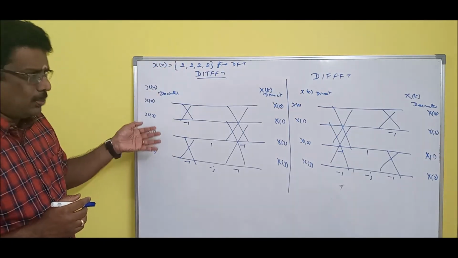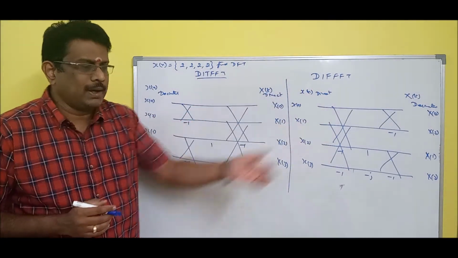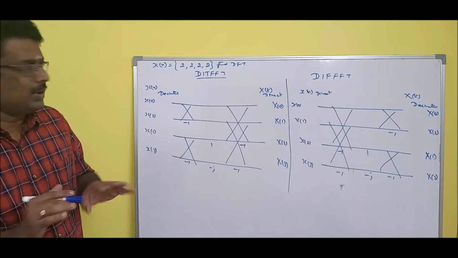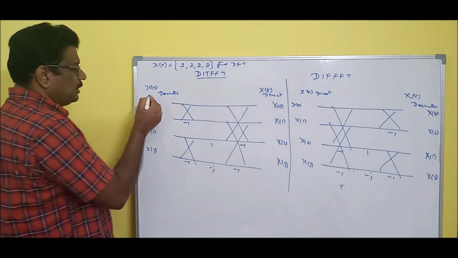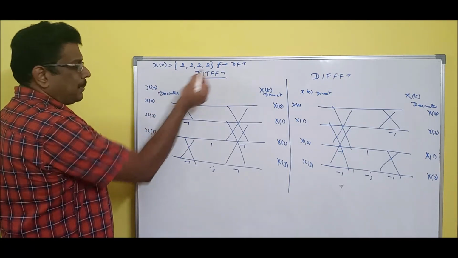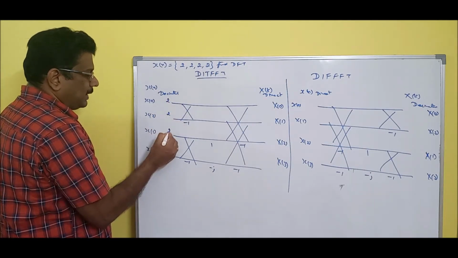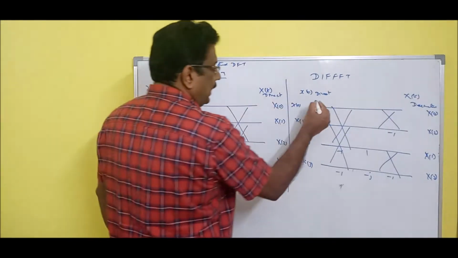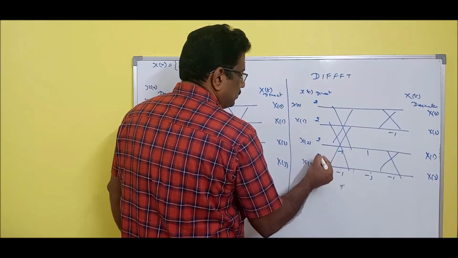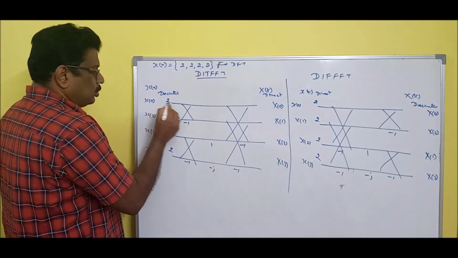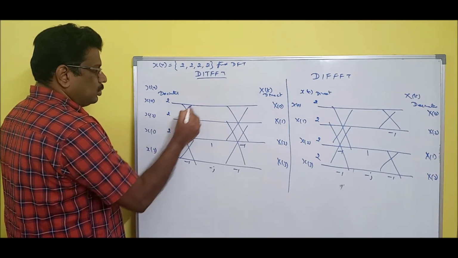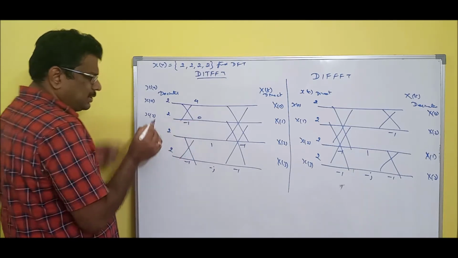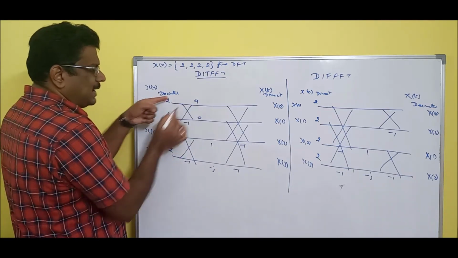DIT means start at 2 point, DIF means end at 2 point. Where you are having 2 point butterfly, there only you should do decimation. Okay, this is the basic. So this should be decimated, but since the problem is 2, 2, it doesn't matter. Otherwise, you should rearrange accordingly. So here also it should be direct, so I can say 2. Now recall 2 plus 2, 4. 2 minus 2, 0. Just 2 values in the butterfly.